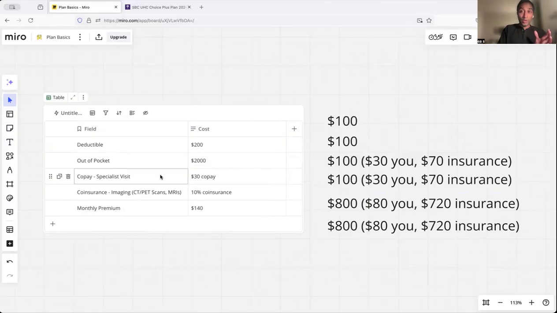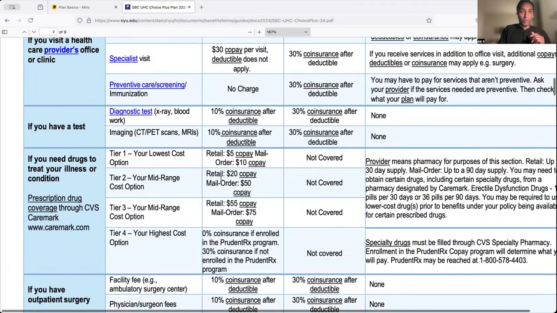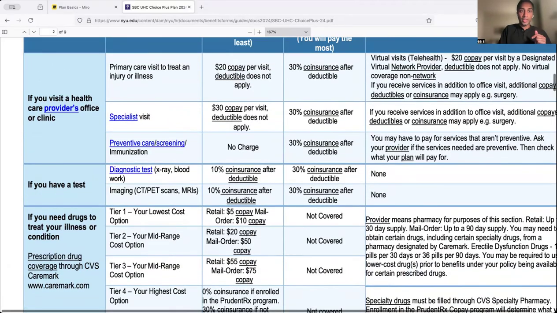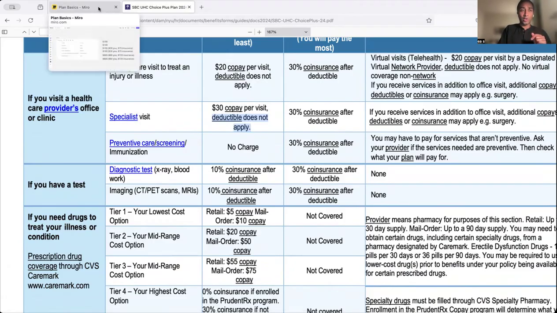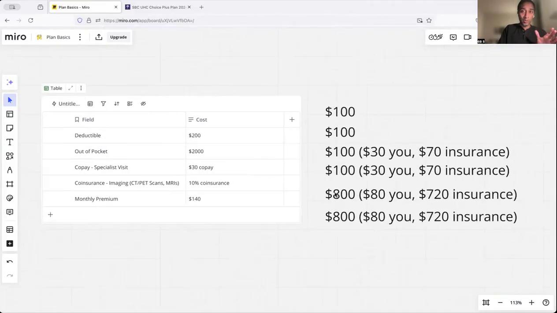Sometimes you'll see that some services have a copay, but it'll say something like deductible doesn't apply. An example of this is if we go to specialist visit for this plan, it says, hey, this is a $30 copay, but deductible does not apply. Whenever you see this text similar to deductible doesn't apply, or you can ignore the deductible for copay, maybe coinsurance, but mainly for copay, that means that you can totally ignore this deductible rule from the insurance company. It essentially means that this deductible